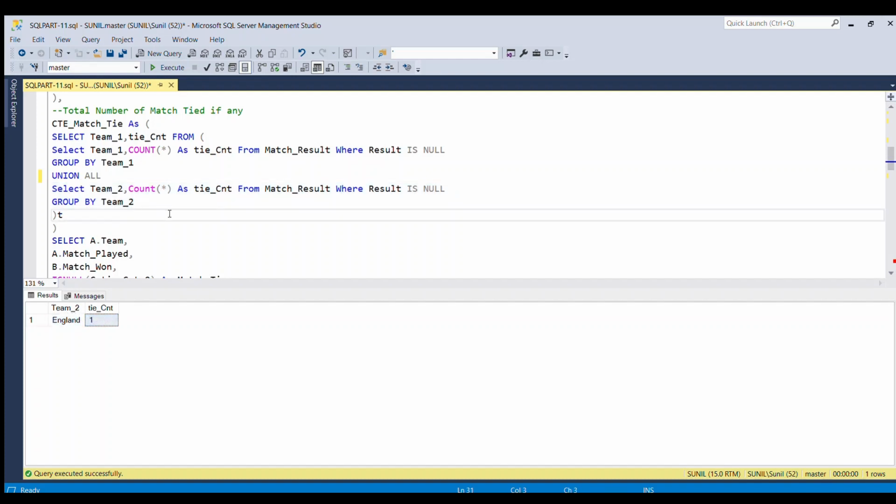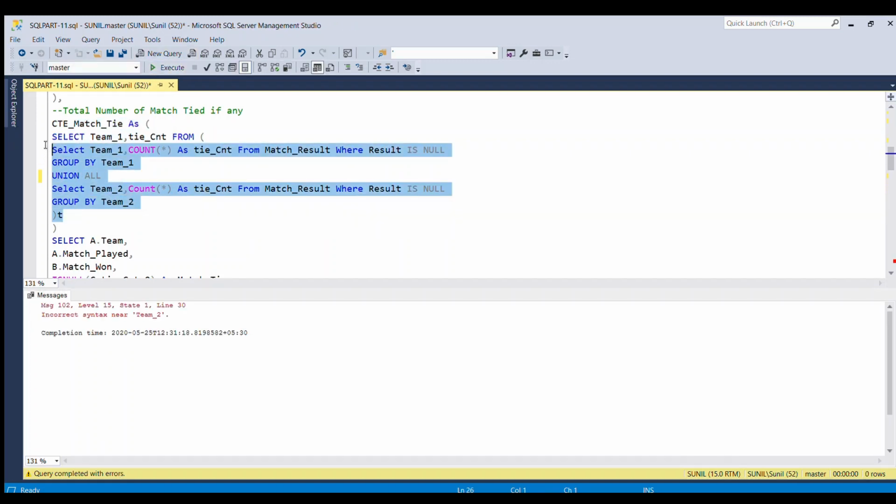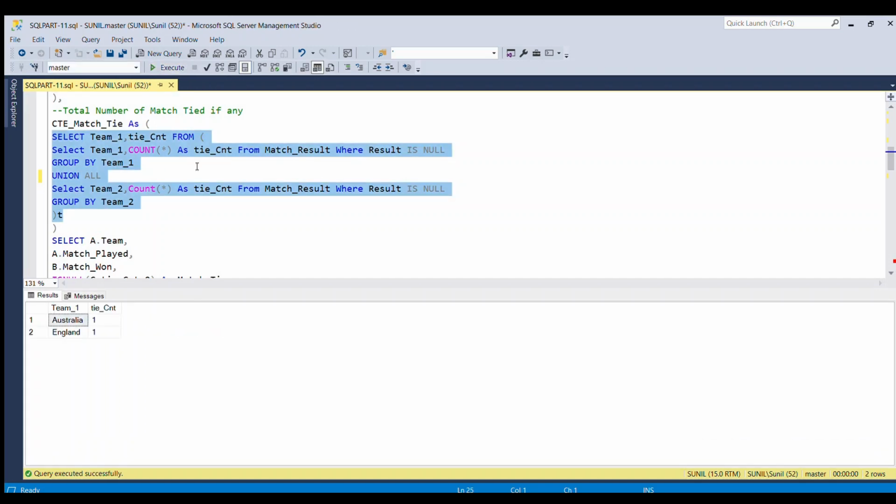So what I'm going to do now, I have to select the team 1 and the tie count from this subquery result set. If I run this full piece of code, we will get the number of times that the match has been tied and the number of teams involved.